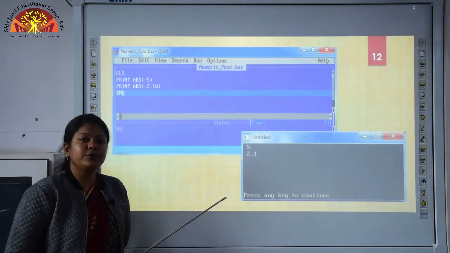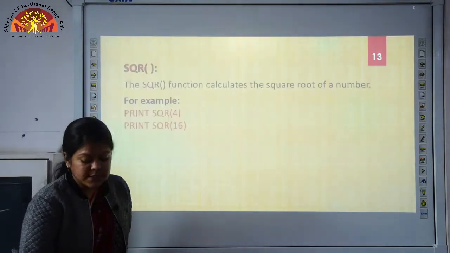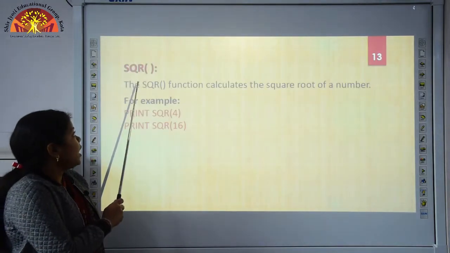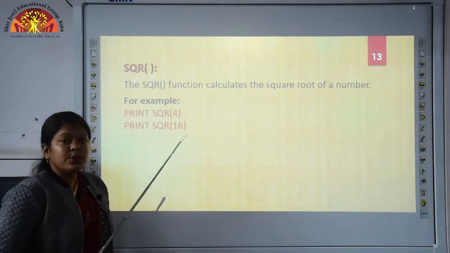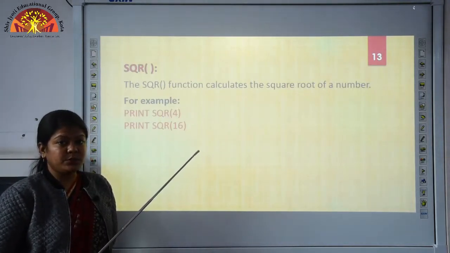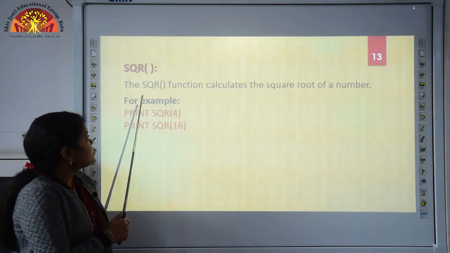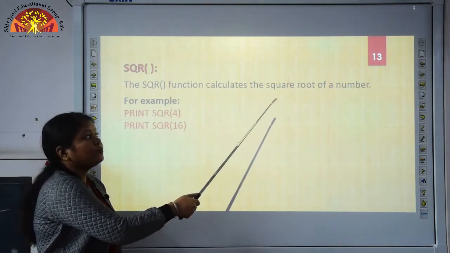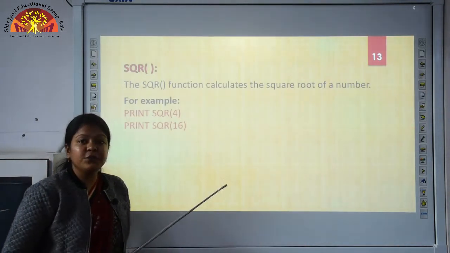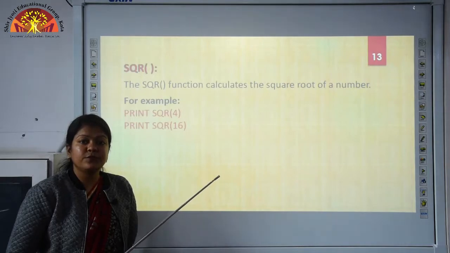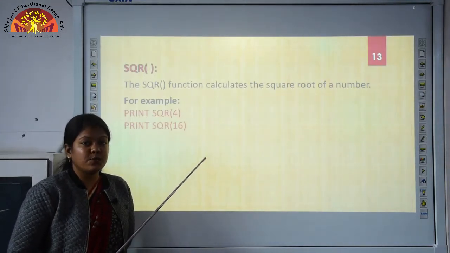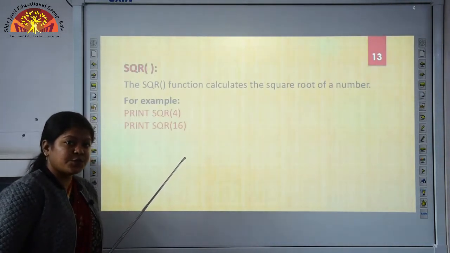Okay. Now we will move to our next numeric function, which is the SQR function, or we can say SQR stands for square root. Okay students, the SQR function calculates the square root of a number. So whenever you want to calculate the square root of a given number, we can use the SQR function. Let's see the example of this function.